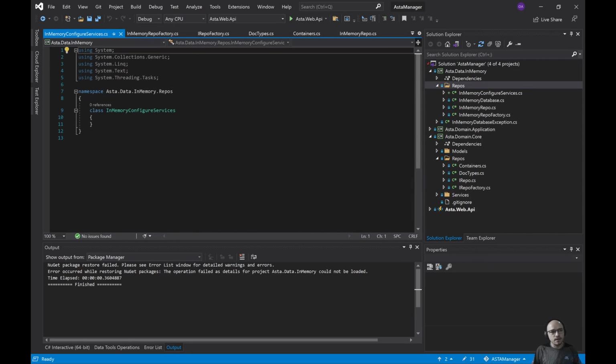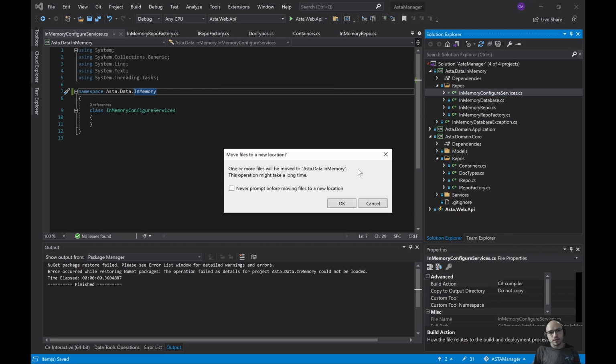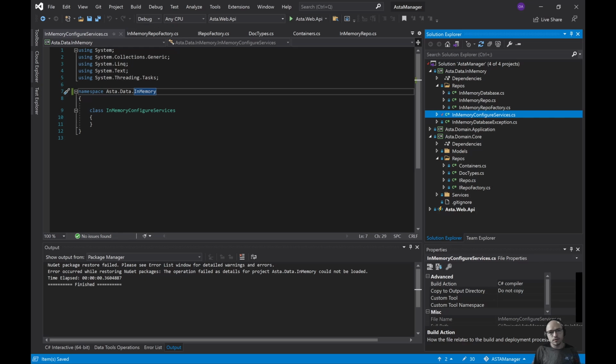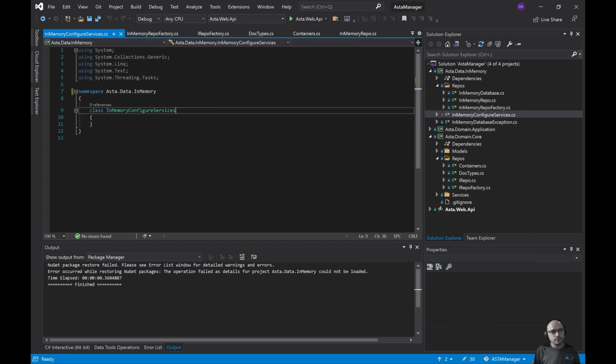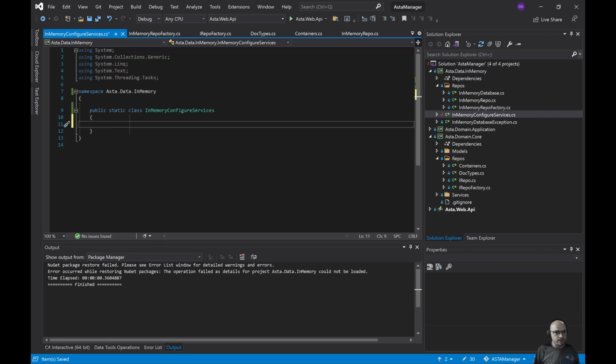Not in there. I will move it out. I wanted it in the root. Yeah, so it's going to be there instead. So it's a public static class because it's going to have an extension method in there, and the extension method is